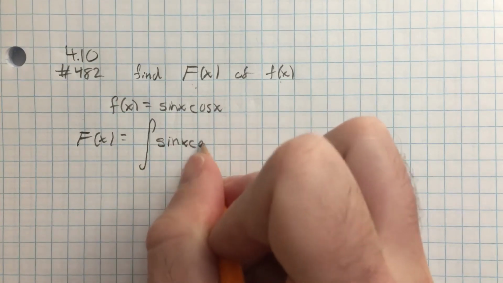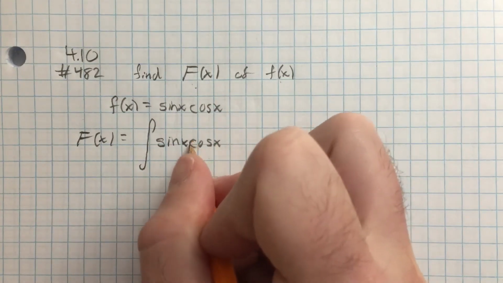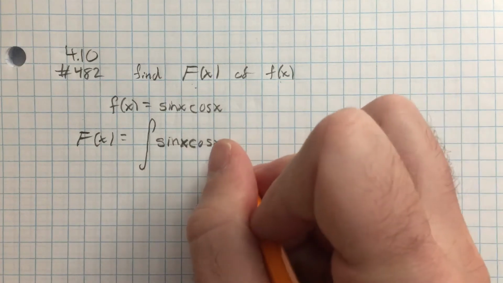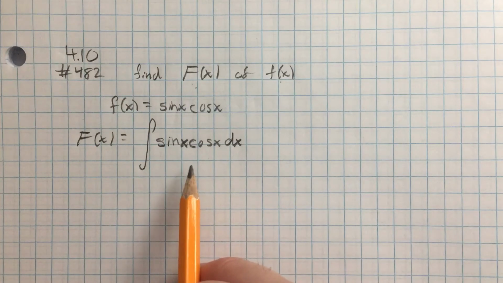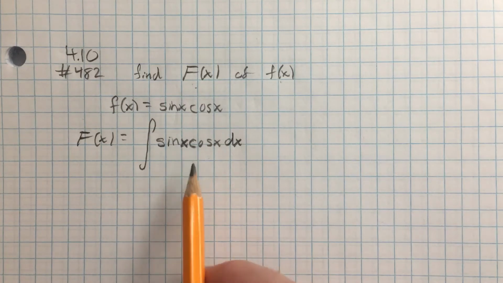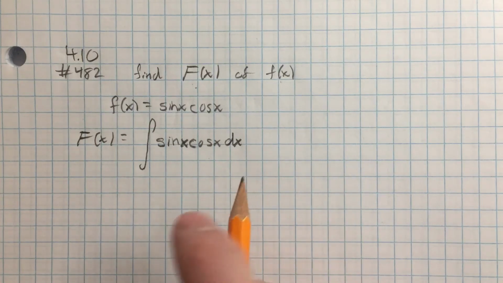And this is where the trouble comes in, because sine x cos x is a product and we don't have a product rule in reverse for antiderivatives. We actually do, just not yet. In Calc 2, you'll come across what's called integration by parts, and that is basically analogous to a product rule in reverse, but we don't have that technique here, so we're stuck with more limited